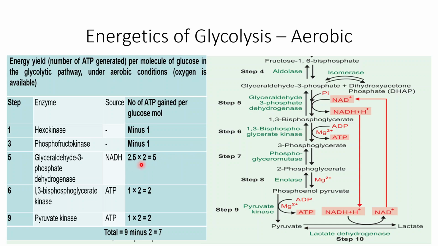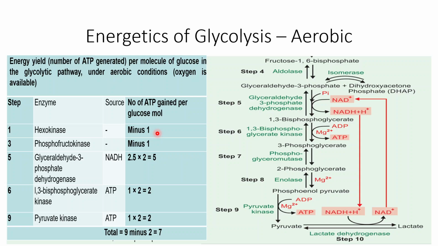Now since there are two NADH formed, one NADH gives you 2.5, so 2 NADH will give you 5 ATPs. And the rest part remains the same. Again you get the ATP formation from 1,3-bisphosphoglycerate kinase, 2 ATPs, and 2 ATPs from pyruvate kinase. So total you will get is 9 ATPs which are formed. 5 plus 4 is 9 ATPs. 2 ATPs were utilized at the beginning, so 9 minus 2 is 7 ATPs under conditions of